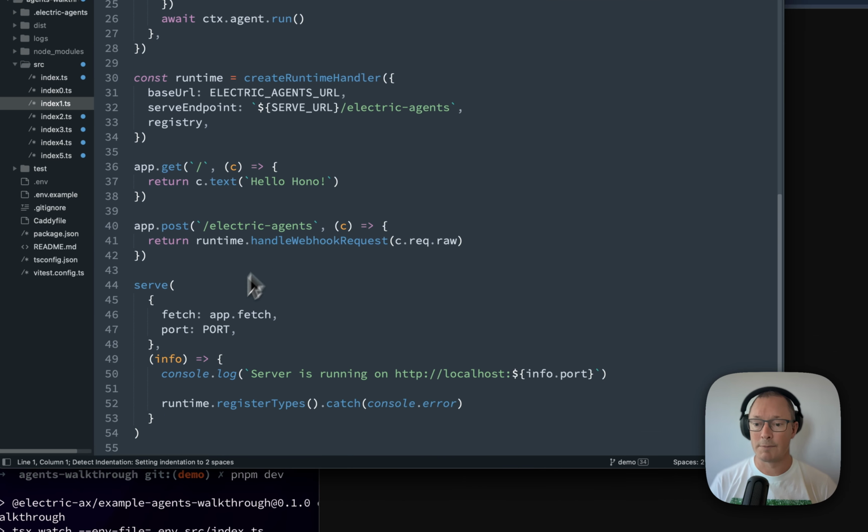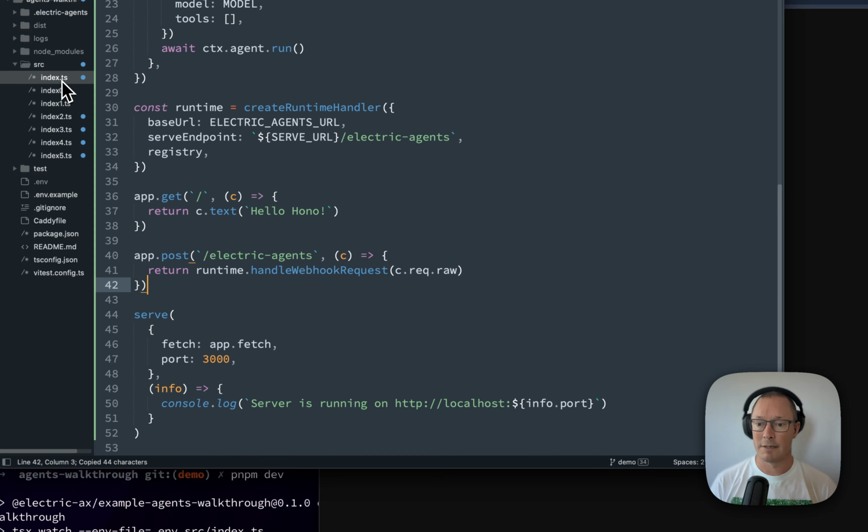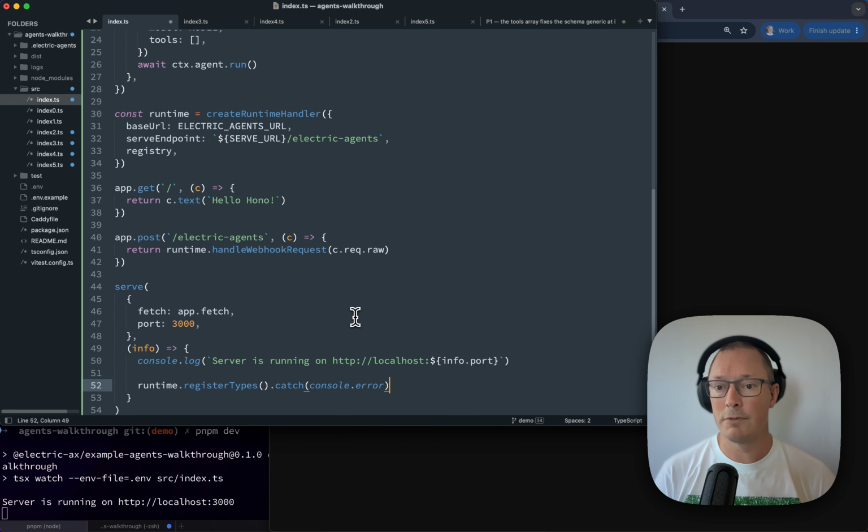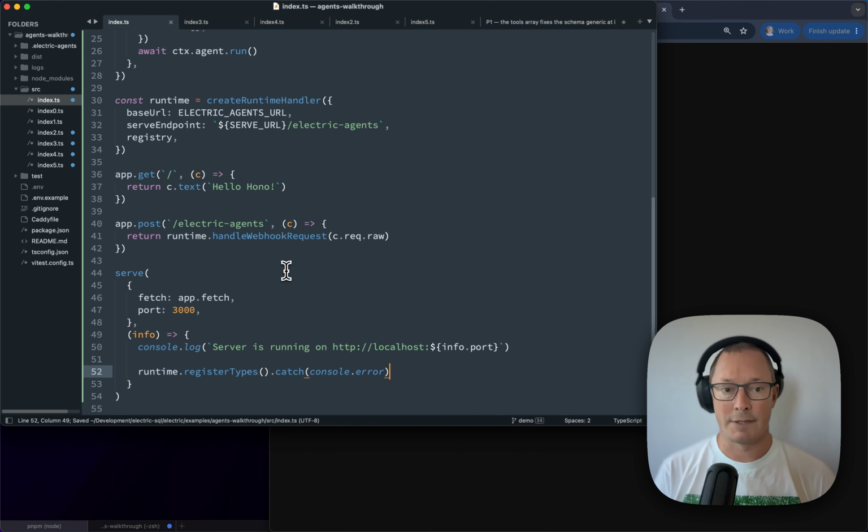Except actually there's one last point, which is when the application starts up, we can also register the entity types with the runtime server. You could also do this using some kind of migration tooling. So if I now save that,